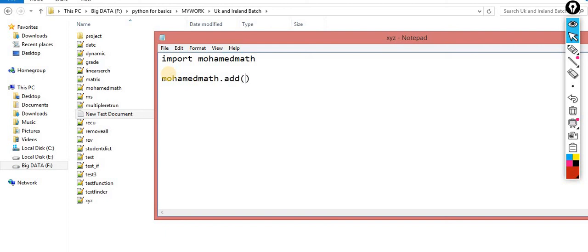What values do I have to give? 10, 20. I am holding the returned value in this variable x, and after that I am printing print of x. That's it. Very simple.